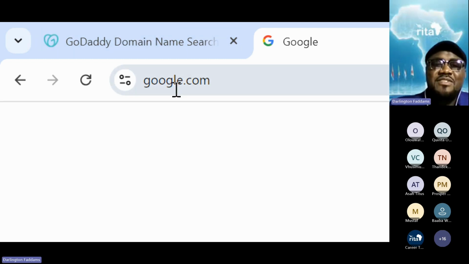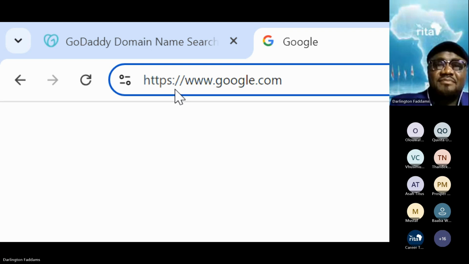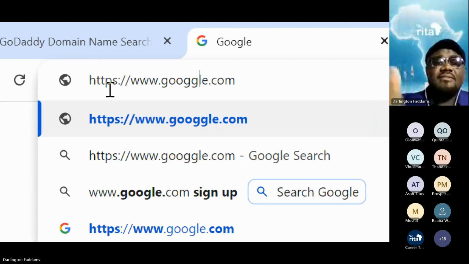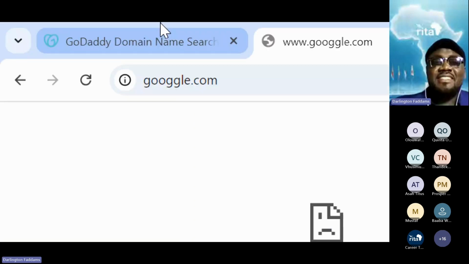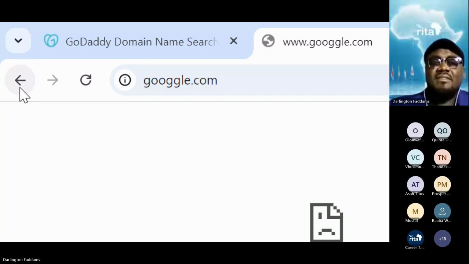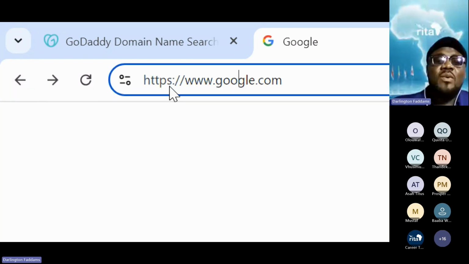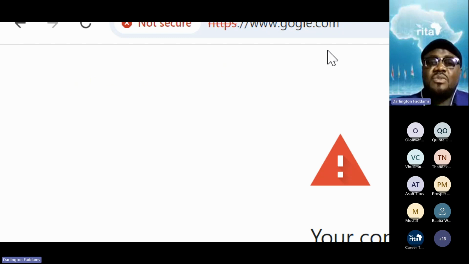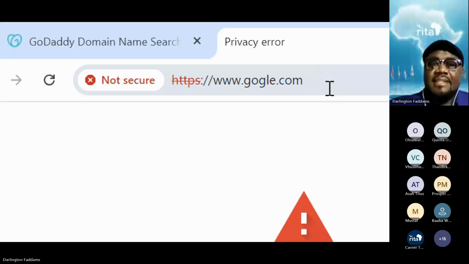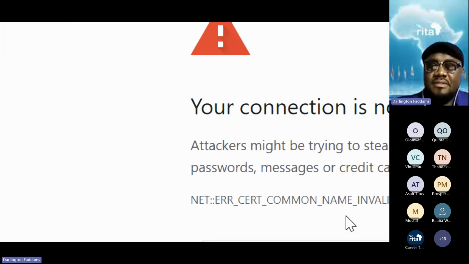Okay, so someone said we should try with double G. Let's see. I don't know. It's not opening. Let me try with 1 O and see. It has gone to google.com and it has an error.